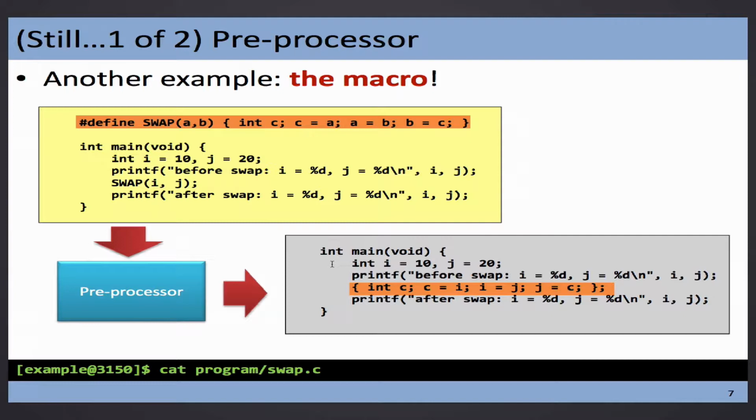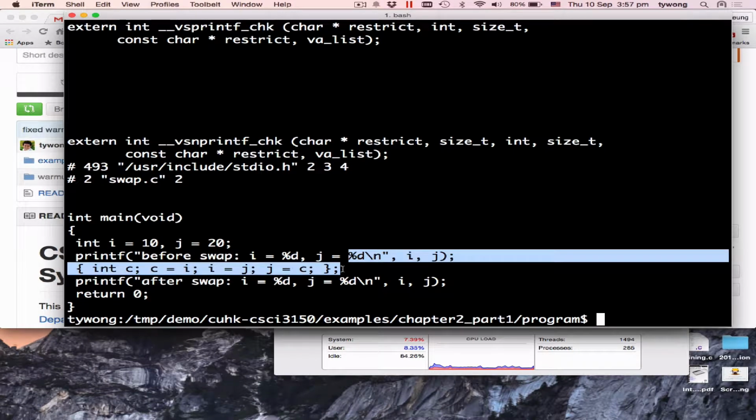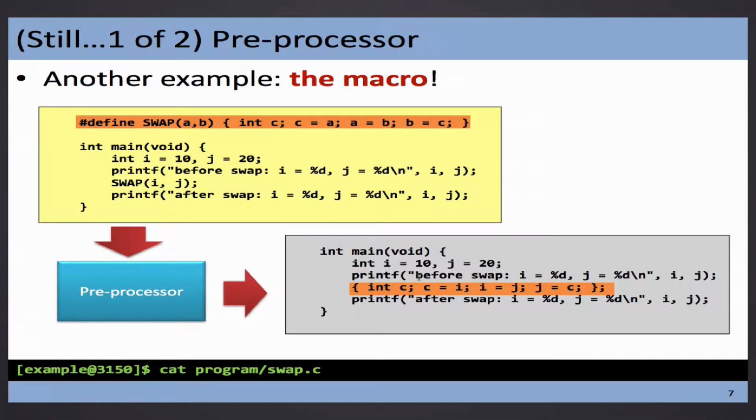Okay, the problem is here I have a semicolon. I have a semicolon there. And here, did I type something wrong in the PowerPoint? There exists a semicolon there. Take a look first. Take a look at the output. When the input contains the semicolon, here it contains the semicolon as well. Here, okay. Contains the semicolon itself. And this is not my question. My question is,